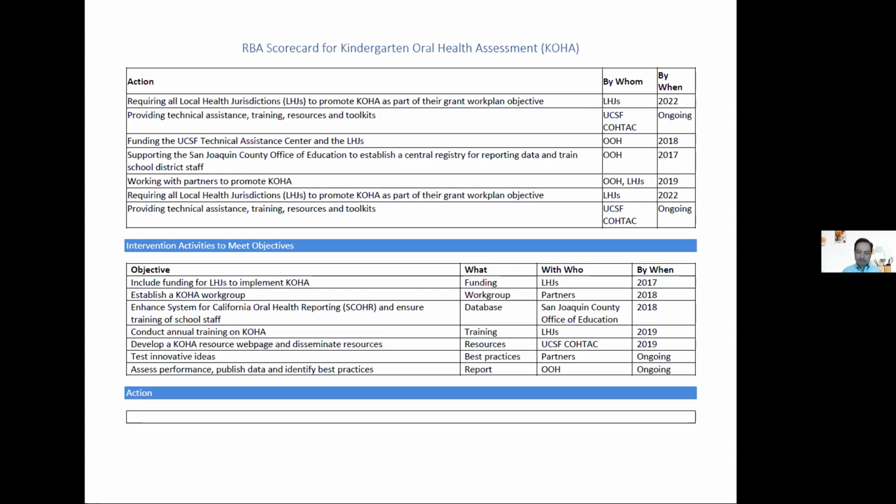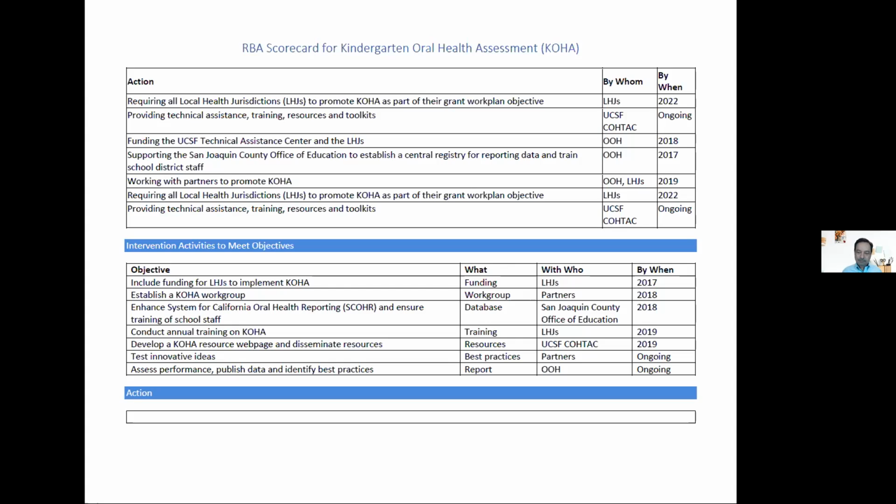If I may also just interject, I think Dr. Pendekar had a great point about how the school districts weren't aware of the KOHA, and making it mandated would be key. I'm not sure I see that right here on this list, but pursuing potential legislation or making partners at the legislative level could also be of significant importance, that would make it required or mandated throughout those counties. But nonetheless,